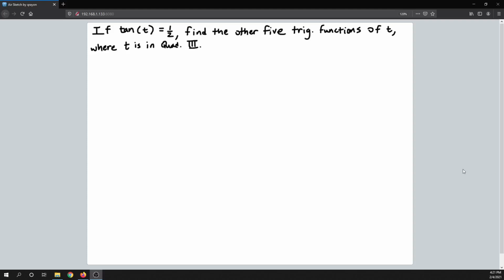All right, in this video, we are going to work the following problem. It says if the tangent of t is equal to 1/2, find the other 5 trig functions of t, where t is in quadrant 3. So the first thing that you want to do is sketch out